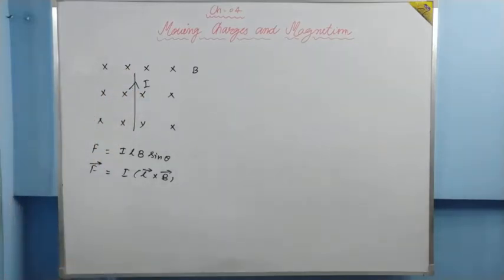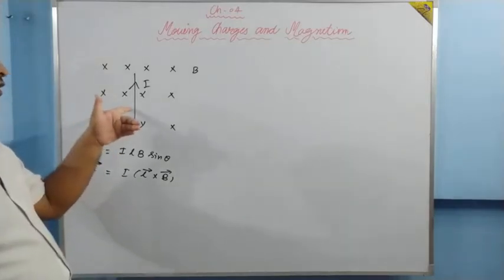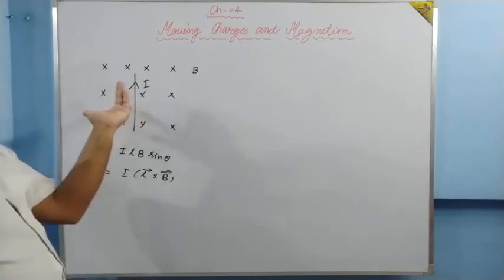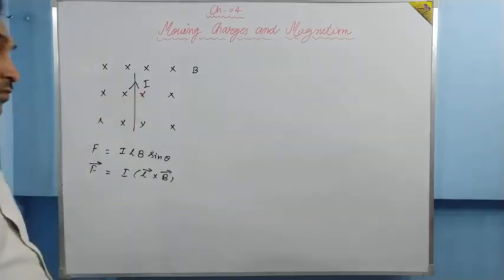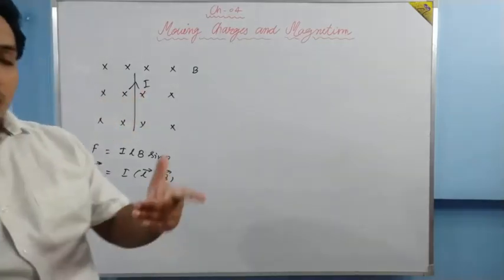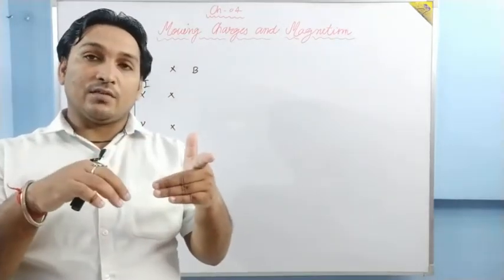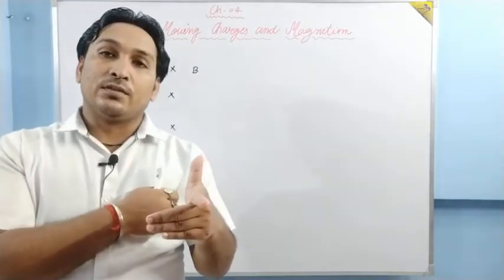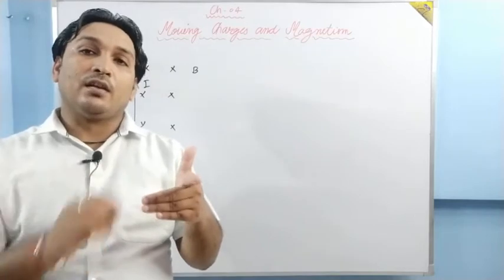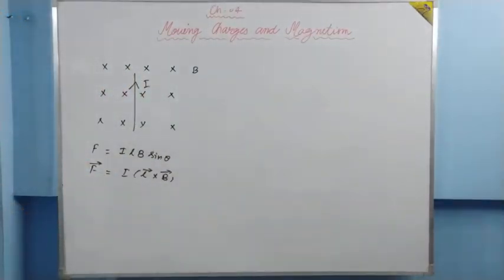You can apply Fleming's left hand rule also, that you have studied in class 10th. In the left hand rule, this finger is in the direction of magnetic field, this finger in the direction of current, then the force is in the extended direction, in this direction. I hope you have studied it in class 10th. This finger in the direction of magnetic field B, this in the direction of current I, then this will be the direction of your force, right? FBI. Is it clear? So this is what we have studied in the last lecture.